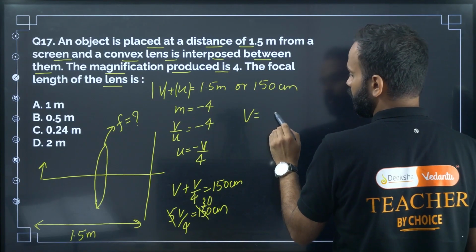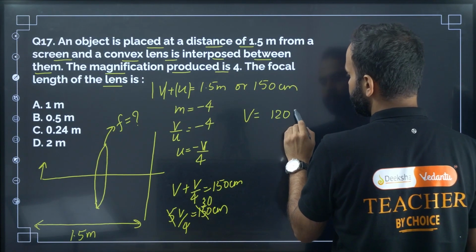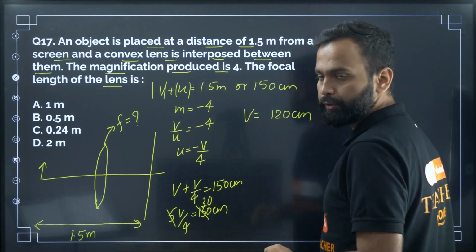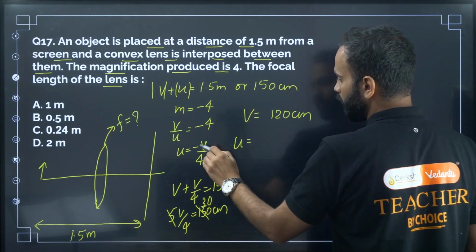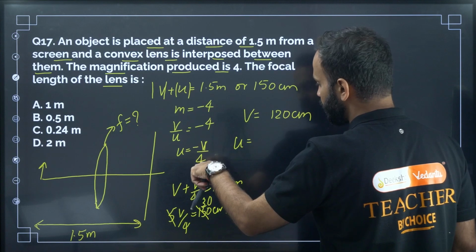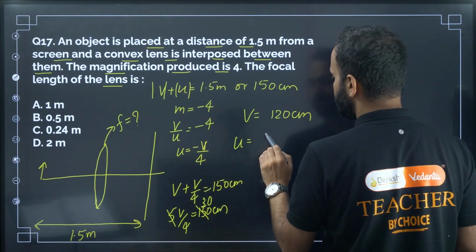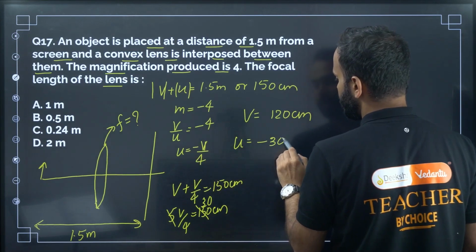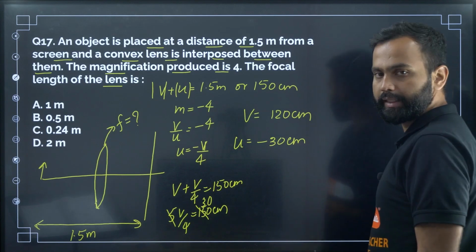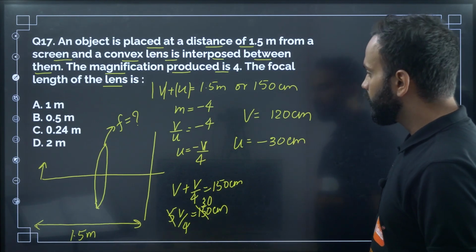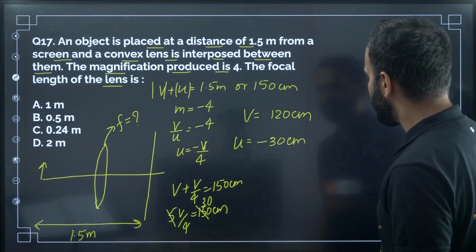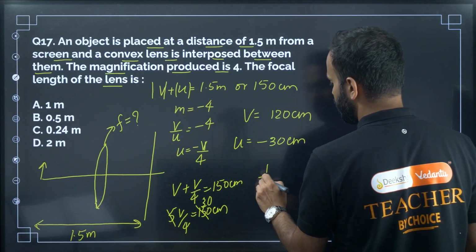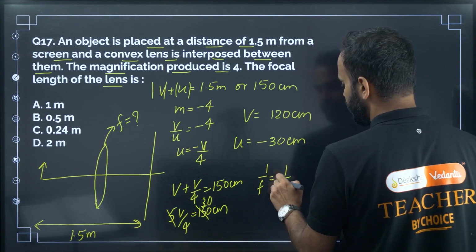V equal to 120 centimeter. And what is the value of u? U will be equal to minus v by 4, that is minus 120 divided by 4. Minus 120 divided by 4 is 30. So minus 30 centimeter. So now apply lens formula, that is 1 divided by f is equal to 1 by